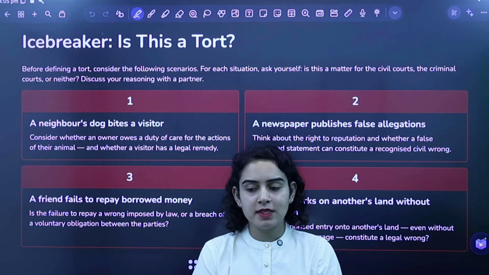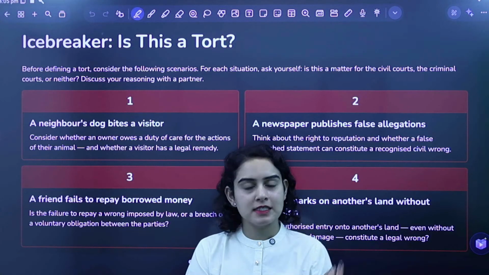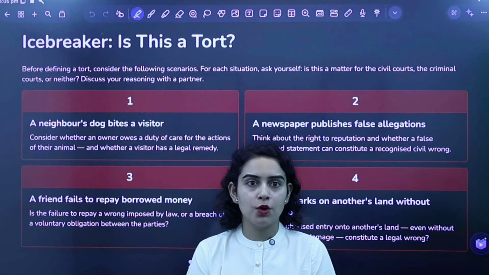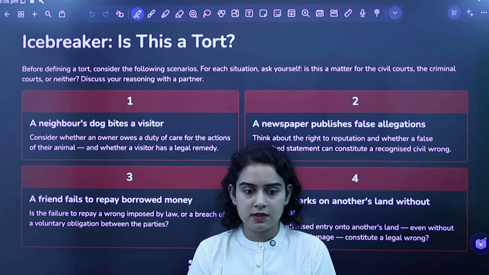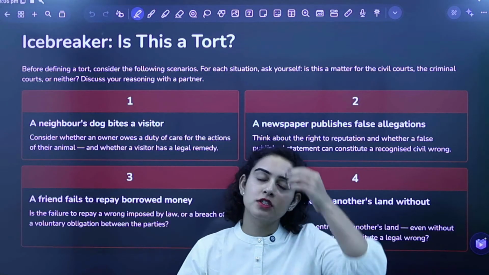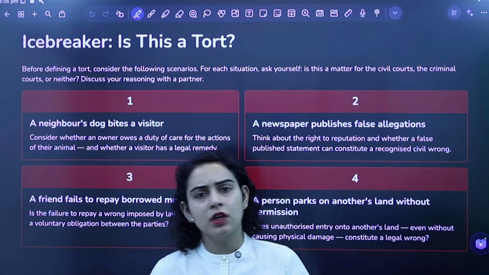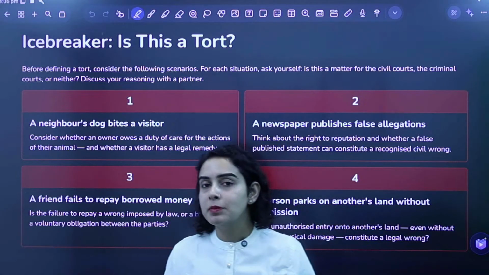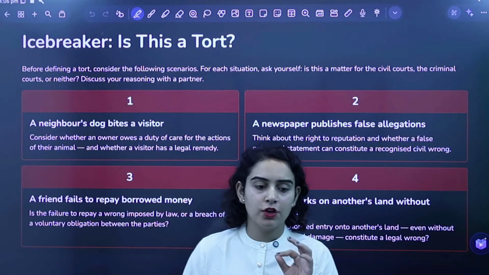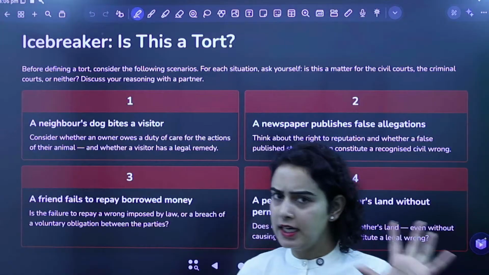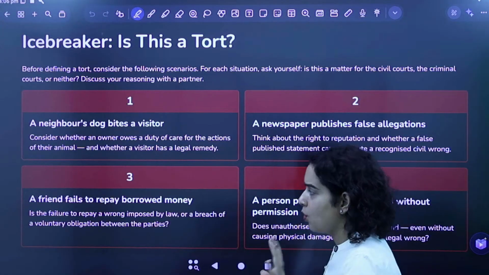A lot of times I've seen people struggling in this section specifically. They're not sure what this section is for, what they are studying, or how this entire law functions, and that is something we have to understand today. We also have to touch upon a few concepts that are extremely important for your exam. To get started, first let us understand what law of torts is.